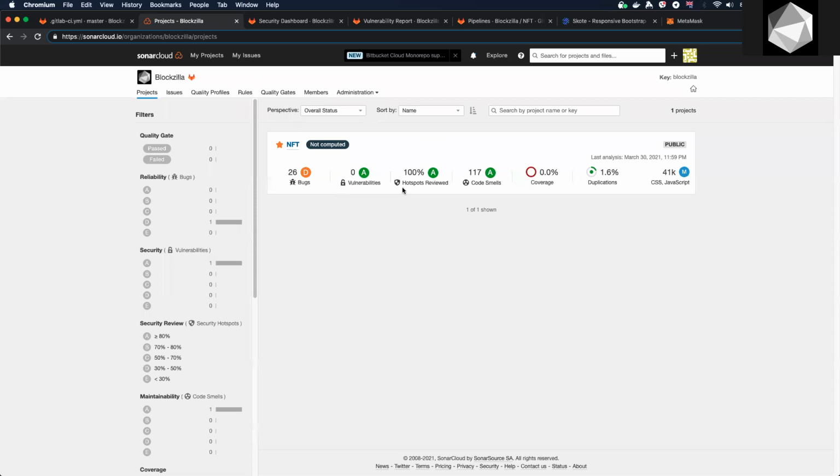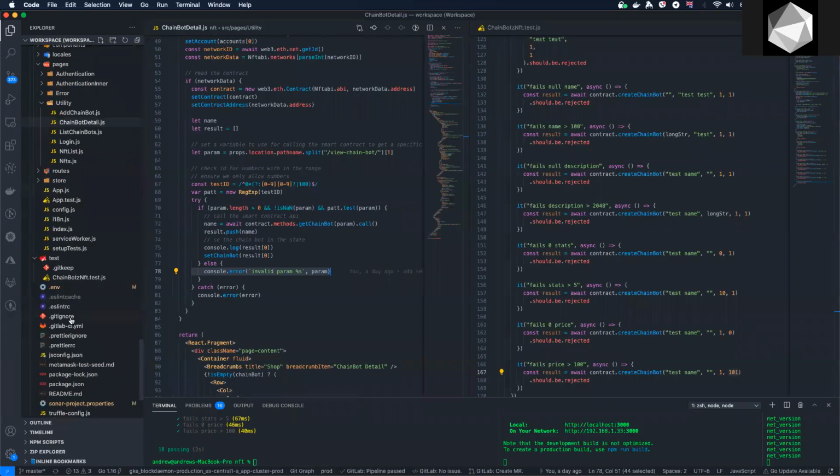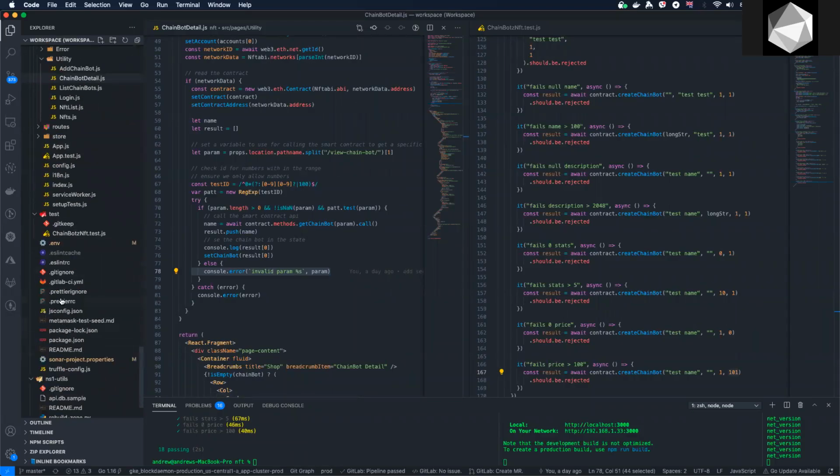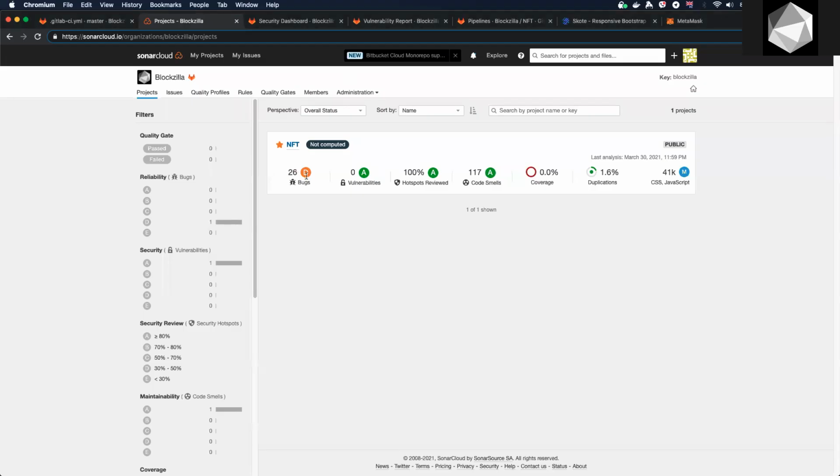And as you can see, there's no vulnerabilities. The code is quite clean. There's a couple of code smells, mostly small, tiny issues. One of the other things within our project is we've also got Prettier, which allows the code to be formatted in a standard format. Within our project, we do have some bugs, but once we look into these B-grade bugs, we'll realize that most of them are false positives, which is quite a common case in